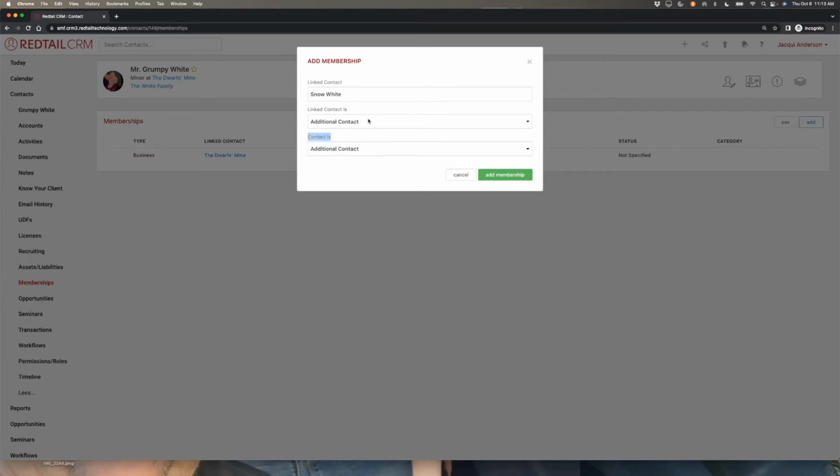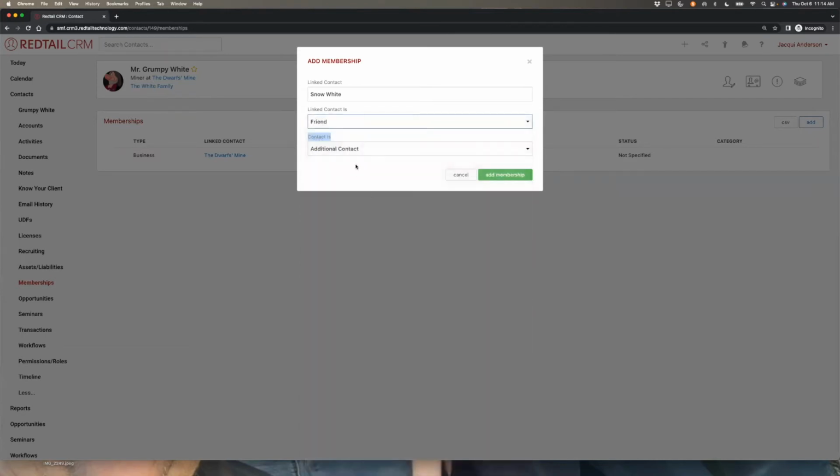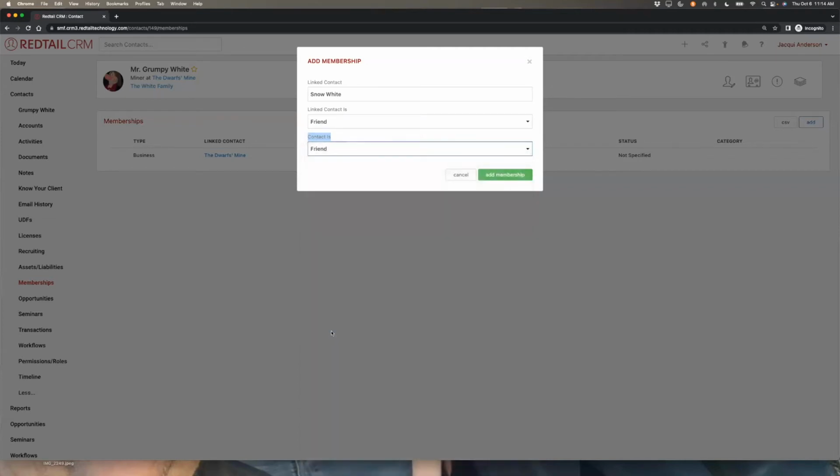Now you'll notice memberships are a little more special because they have 2 fields. And that is primarily because we want that affiliation to be a 2-way connection. Sometimes it's easy and it's 2 friends connected to each other. So you can easily select, hey, we have a friend and a friend. So that's an easy 2-way street to identify. But in other cases, it might be something like sister and brother, or potentially business associate and client, or beneficiary